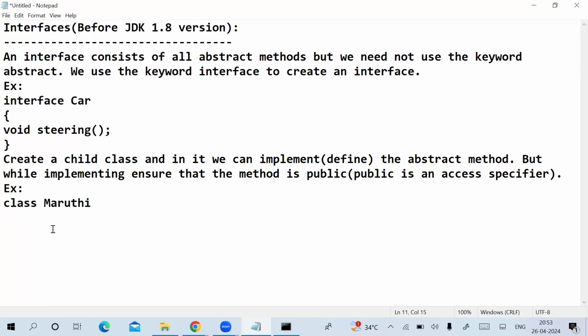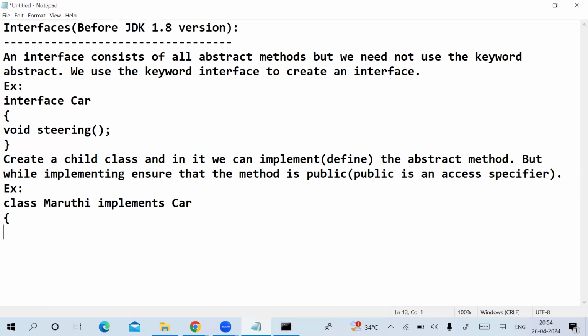Don't use extends. Use the keyword implements. That is important because it is not a class. It is neither a class nor an abstract class, but it is an interface. This car is neither class nor abstract class. The third concept; the class concept we learned till yesterday. Today we started with abstract class, but this car is an interface, so you cannot use extends. Being an interface, you can implement. So class Maruti implements,